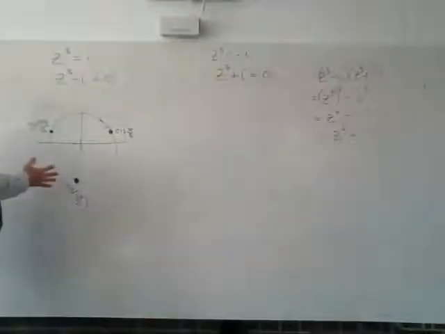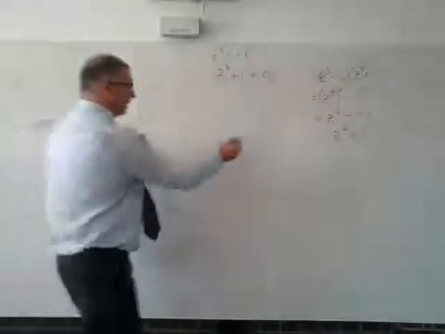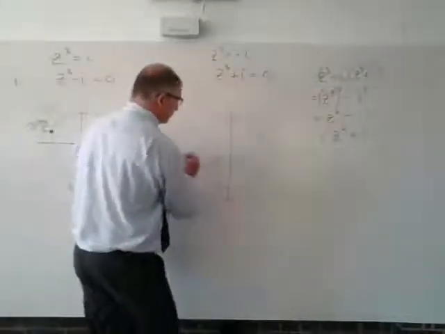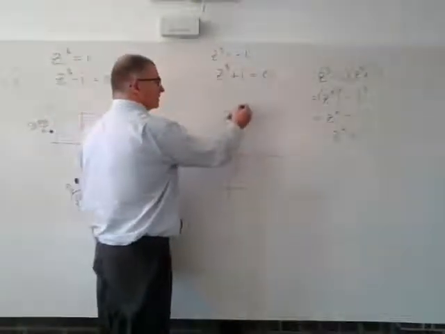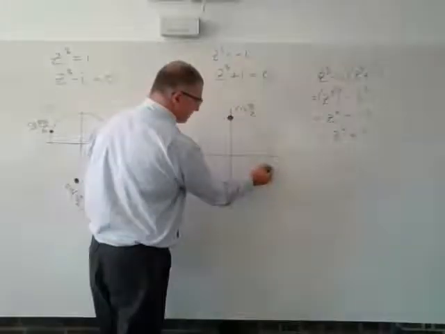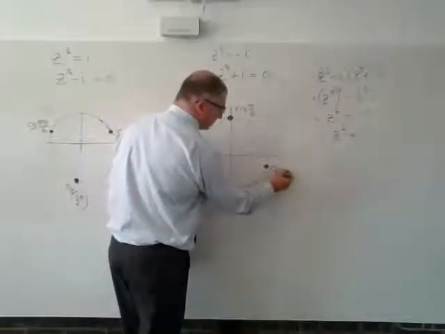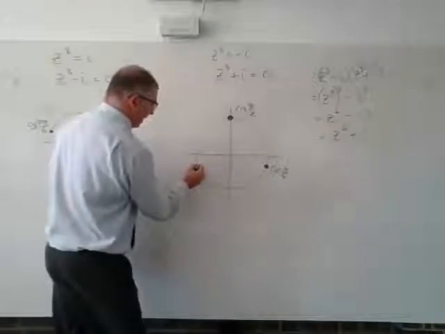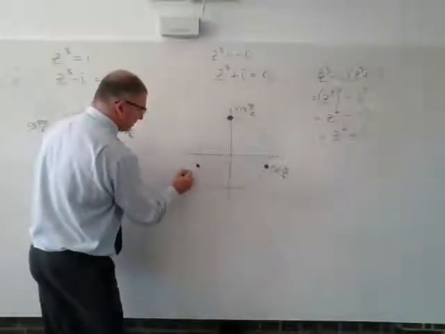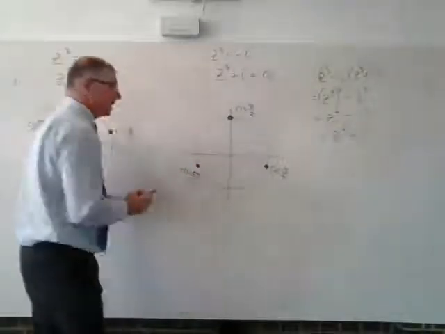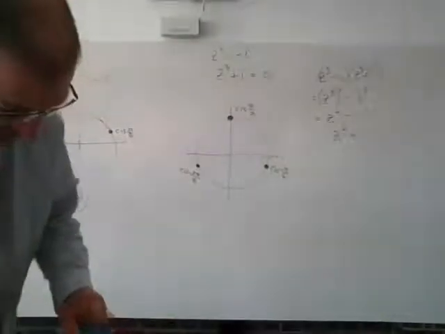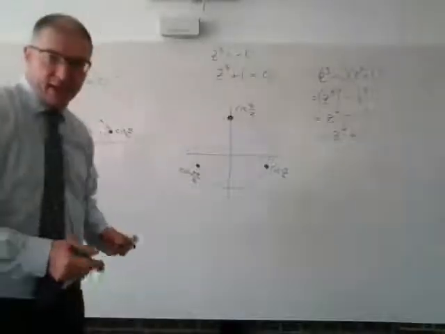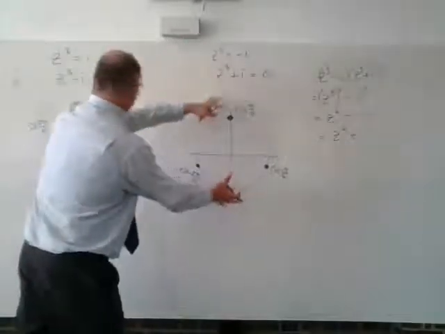All right, so that's z cubed minus i equals 0. And the solutions to z cubed plus i equals 0, no surprise, is cis pi on 2, and here, cis of minus pi on 6 and cis of minus 5 pi on 6. And it's no surprise, because we've worked it out already, to be able to see that combining this one with this one,